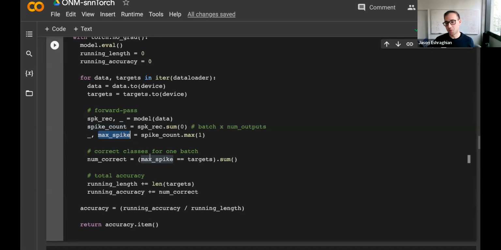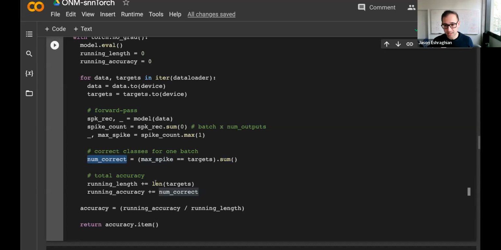And that index is what we want because it's that index that corresponds with the targets. So the targets are from 0 to 9. Our outputs are from 0 to 9. So we're going to see how many times do these two things equal each other, right? If everything is correct, this summation would equal 128, right? So we're going to have 1, 1, 0, 0. So how many times do these things equal each other? Now we sum them up to get the total number of correct classes for a single batch.